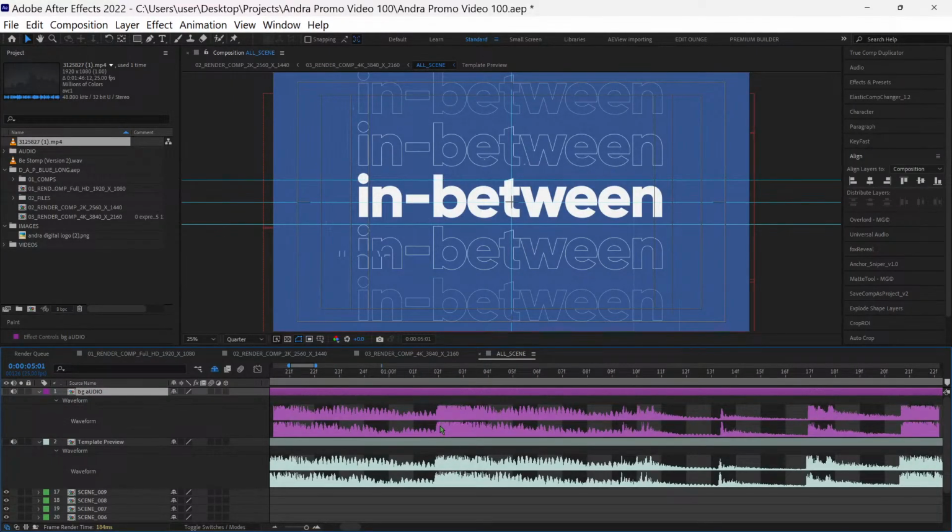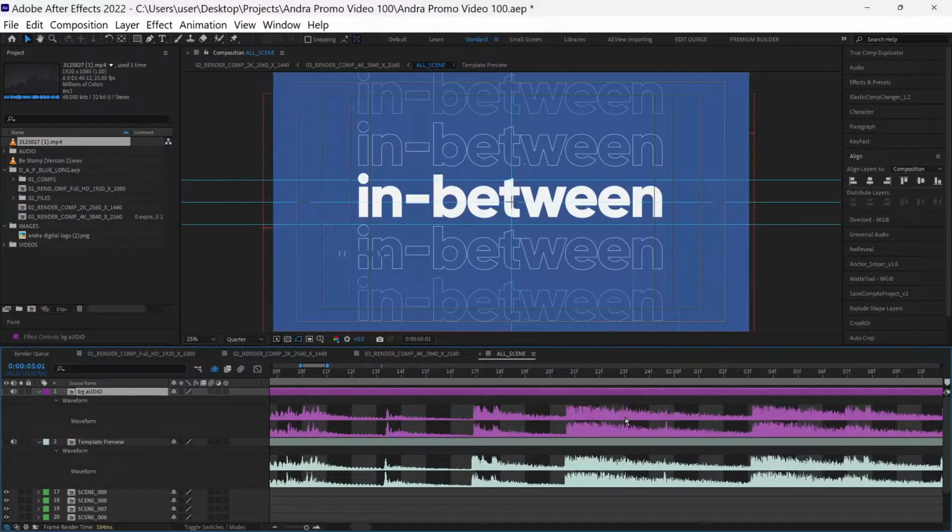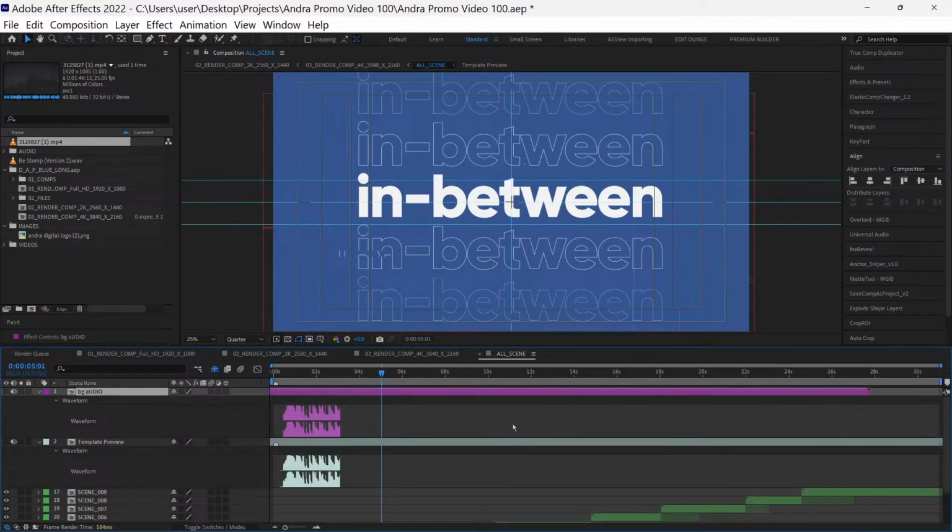So zoomed in all the way there, and you can see that that is accurate. So right now we are right on the dot, on the spot. So now